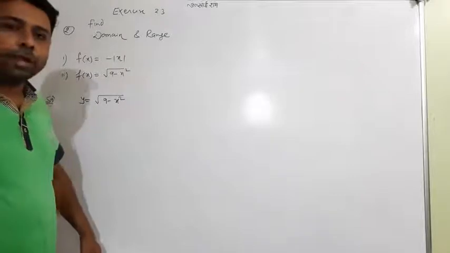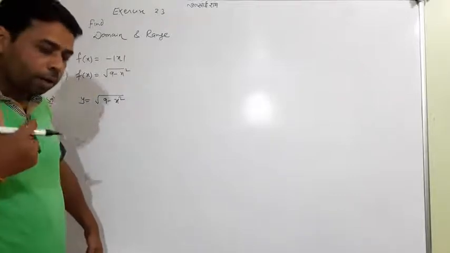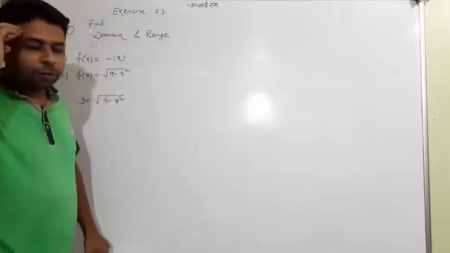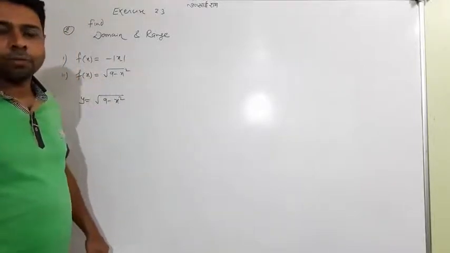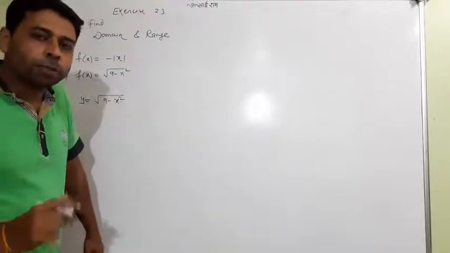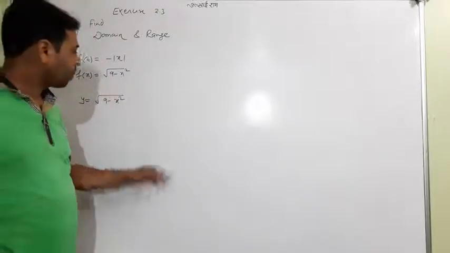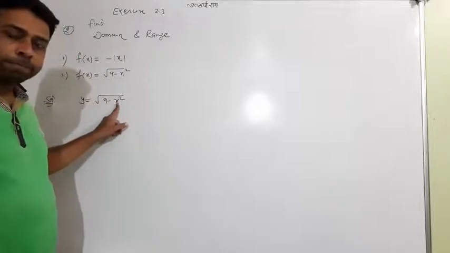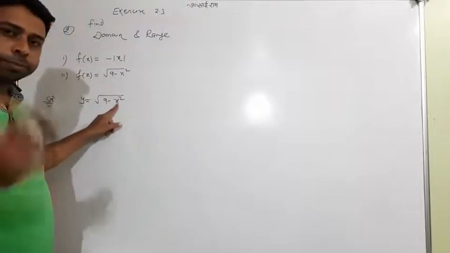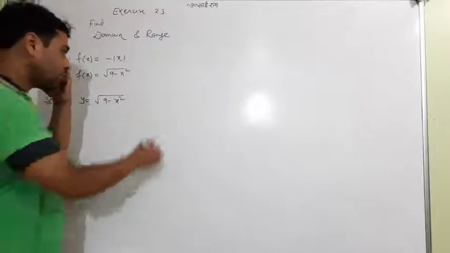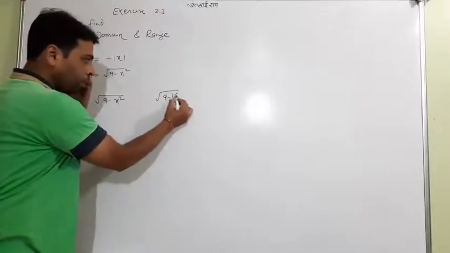So how can we find the domain? Look especially at the under root sign. It is a different method, and let me explain that. First, what is a domain? The set of values of x for which the function exists. So I give an idea: if you put x equal to 4, then 9 minus 4 square, meaning 16, is minus 7.